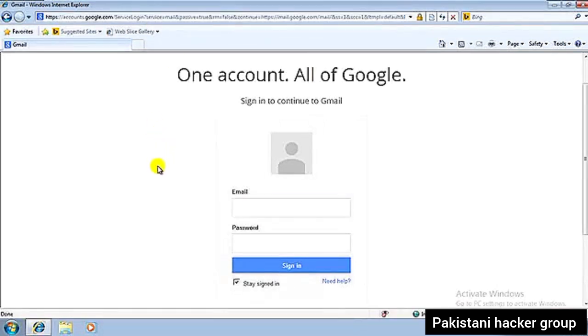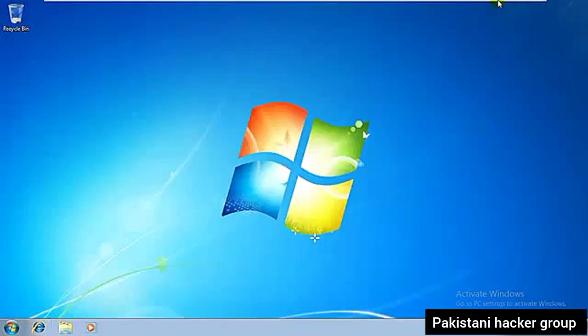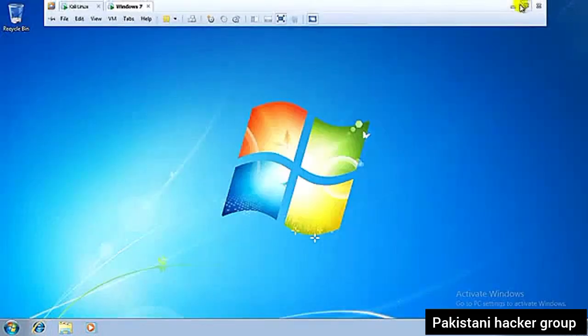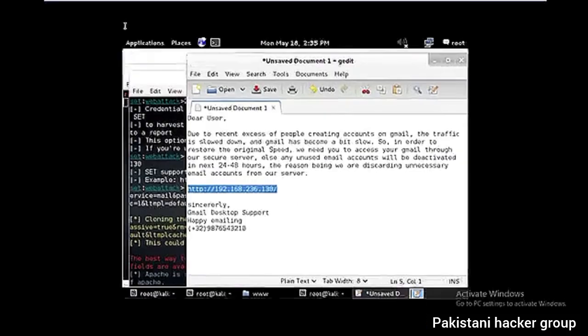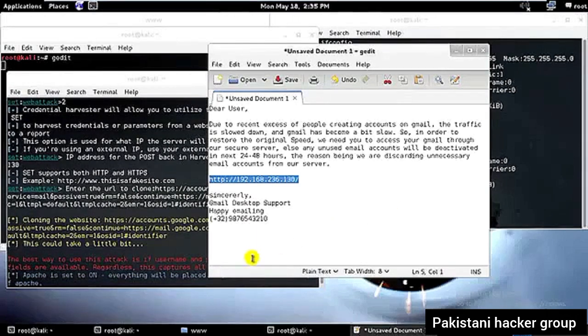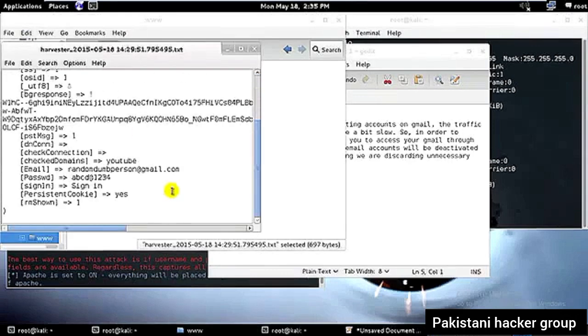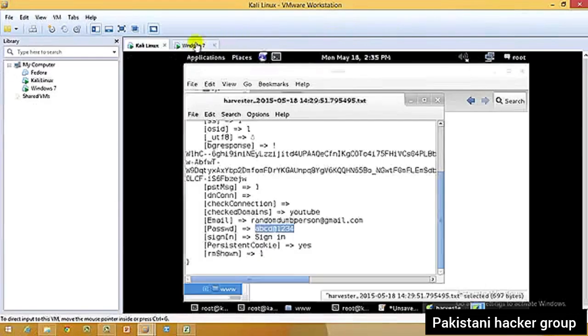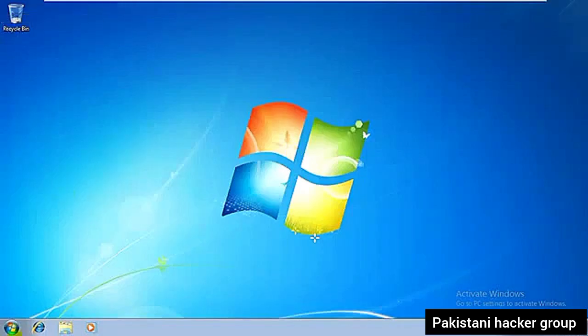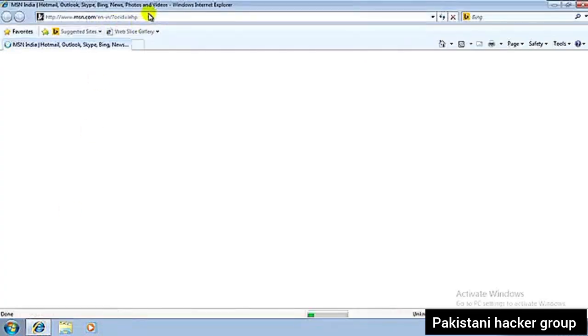So the user will not even think that this is a fake account, and I'll just close this one. And yeah, what you could see over here is that as soon as he enters even one time, I will already have his username and password over here in the harvester txt file. I'll click open over here, and you can see we have the password over here, random dumb person. And let's say if he tries to access his another email,